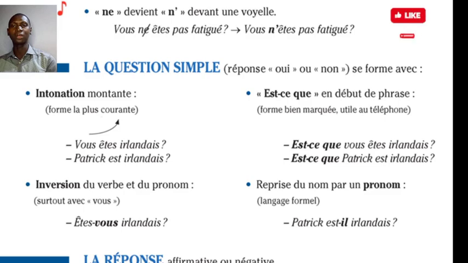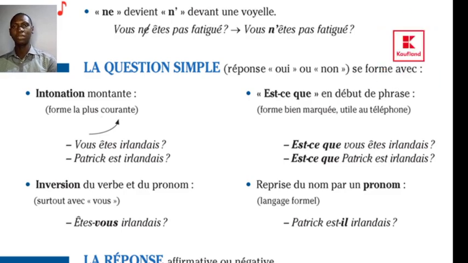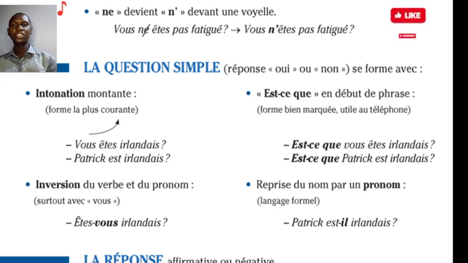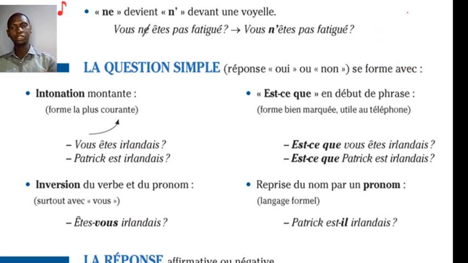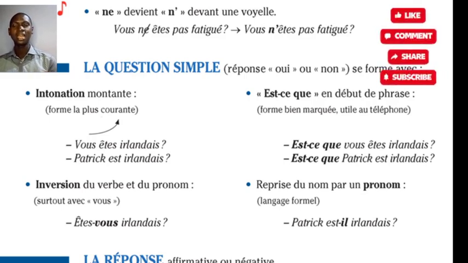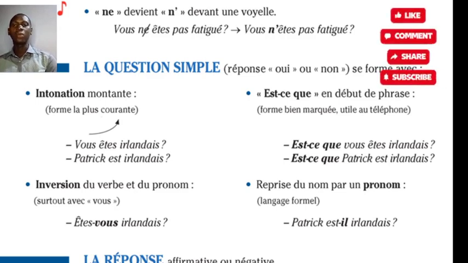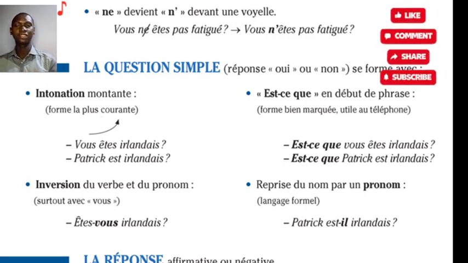We're dealing with pronouns most of the time. Now we have it with the vous and the tu a lot, but let's deal with the vous because we are dealing with more formal situations here. Instead of me saying vous êtes irlandais, I will bring the verb first, link it through a hyphen to the personal pronoun vous, and then add the last part of the sentence. We have êtes-vous irlandais? Êtes-vous irlandais?